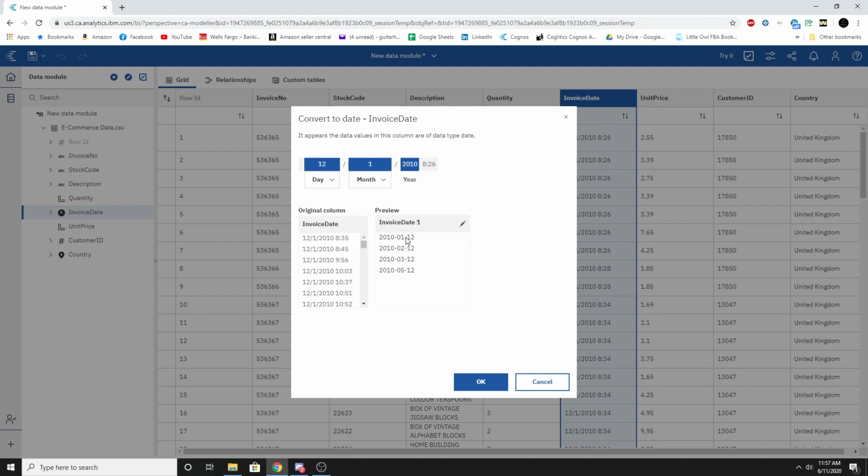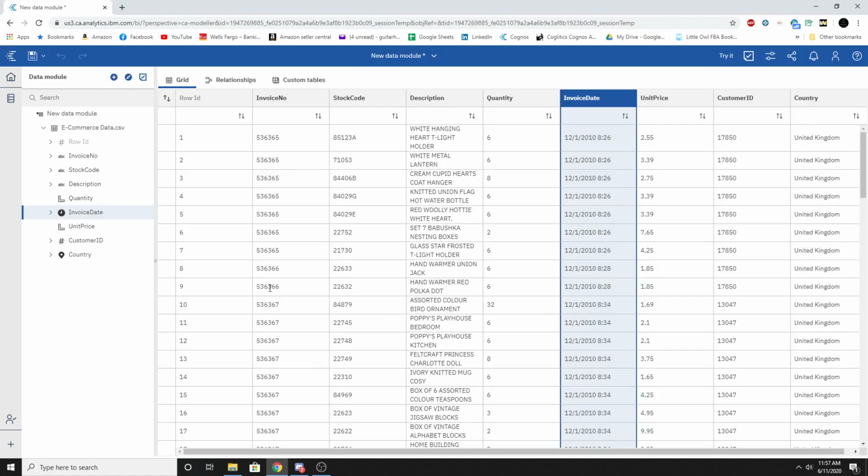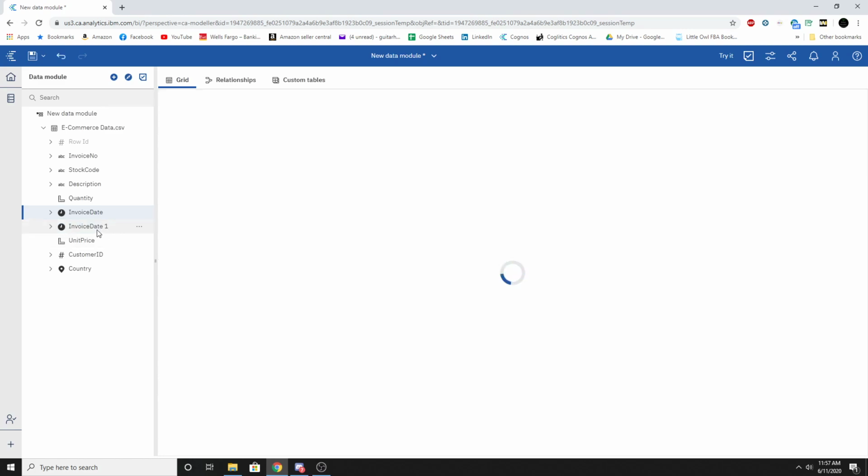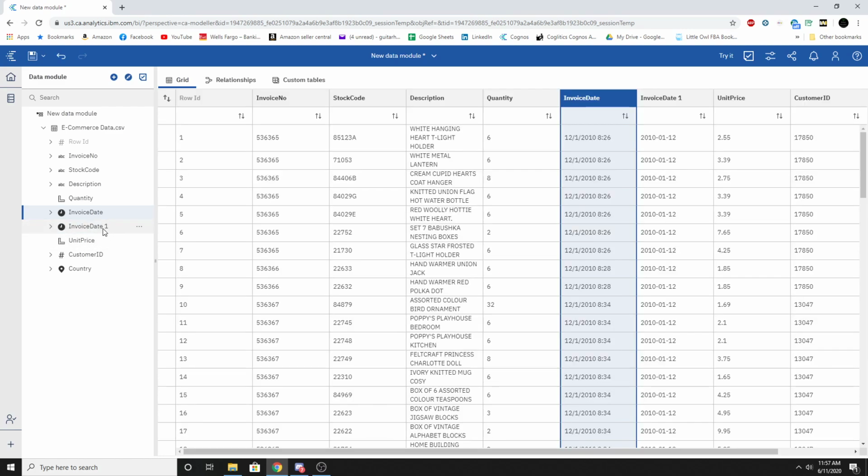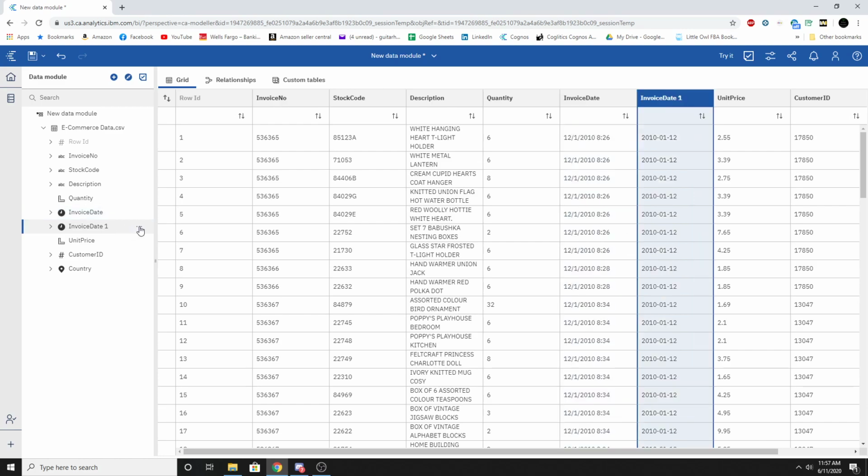So you have your January, February, March, and May. Now keep in mind this data set, that just happens to be the months that we're working with. And see, it's going to separate the time. So it's going to create that, and it's going to give us a new field, invoice date 1. For time purposes, I'm not going to rename it. Now that we have that, and it's just the date,